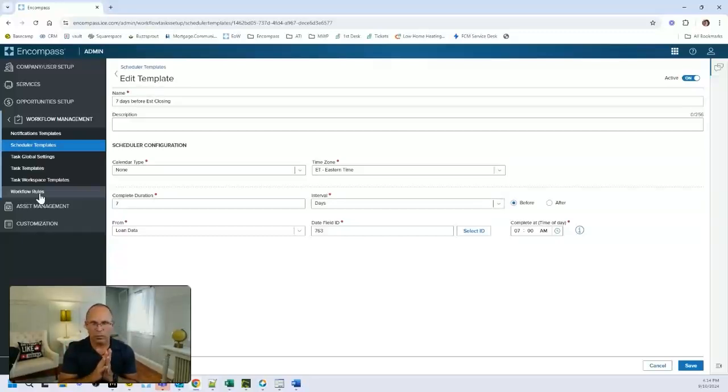And so with the role assignment, again, one of the things that I find is helpful is you're automatically assigning the roles, even if it's to a queue. Maybe you don't know who you're assigning it to, but you want to assign it to a queue, whether it's for processing or for underwriting or for closing, those kinds of things. And then that can send a notification out to a group to let them know that, hey, there's a loan in here, please go get it. That kind of a thing. So automatic role assignments, big deal in workflow management, you can use in desktop today, right now.